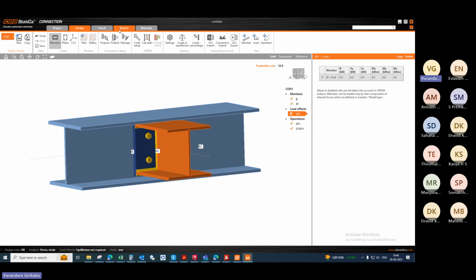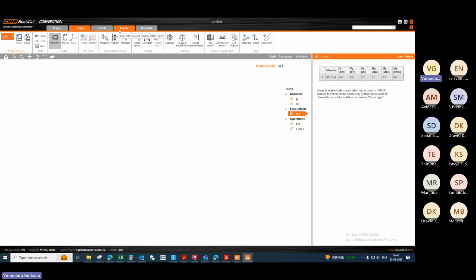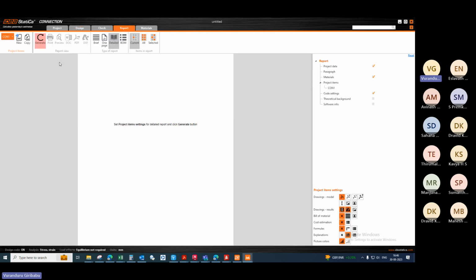Now we'll go with the report. How to generate the report. If you go to the report, what are the options we have? After going to the report, it will come blank, because we have to select what we need. These are the views of that connection. We can select those views,